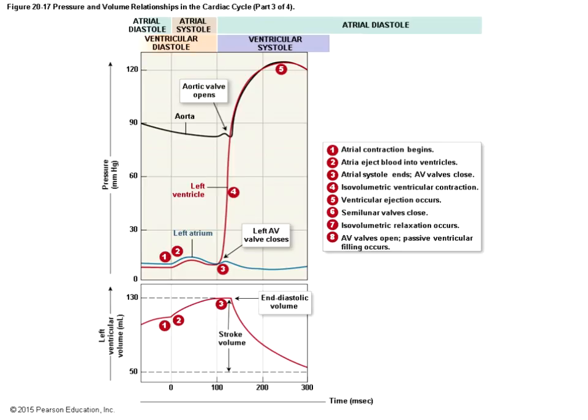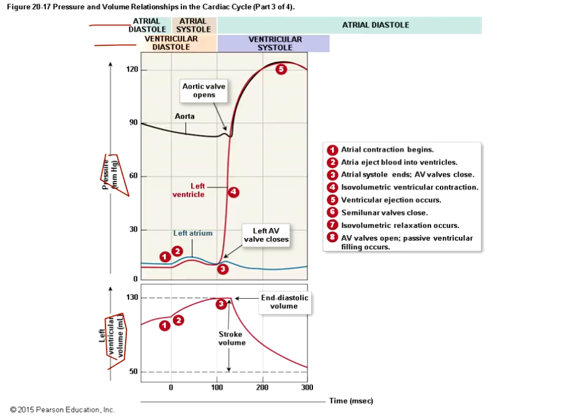Now, this image is nice because it shows what's happening in these processes. It looks like a very busy chart, but actually it's not too bad. Up here you're seeing what's happening at the atria. Here you're seeing what's happening in the ventricles in terms of contraction or relaxation. Here is how much pressure is in those components, and then this is the amount of blood volume in those components. So first thing, during ventricular diastole, you can see that the amount of pressure in the ventricle is